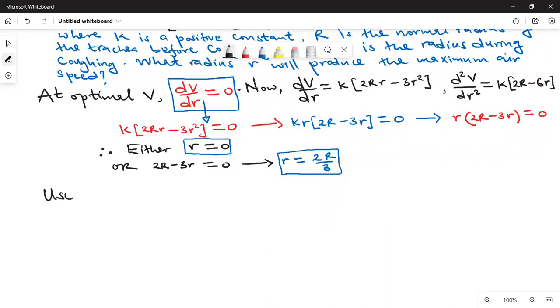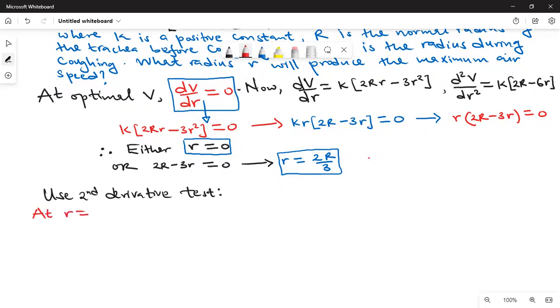So you write here, use second derivative test to know which one will give us the maximum air velocity and which one will yield the minimum air velocity. So let's start with r is equal to 0. Let me use another color. You can say at